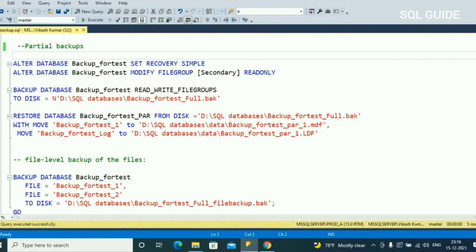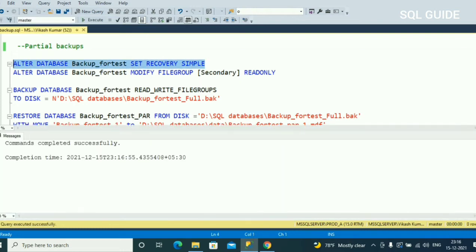Now I am going to take a partial backup. Okay, let's first change the recovery to simple. Let's change. Okay, let's make file group secondary read only.